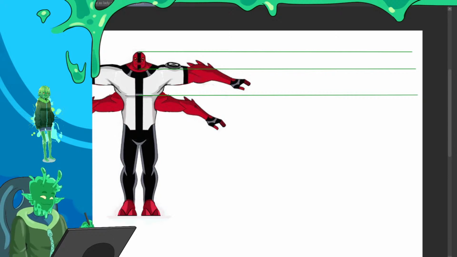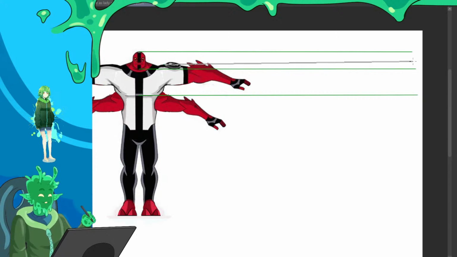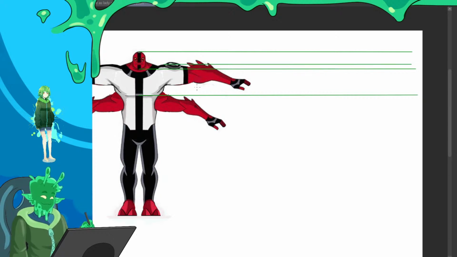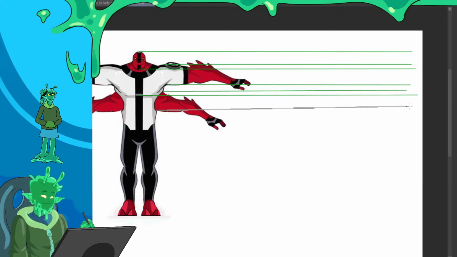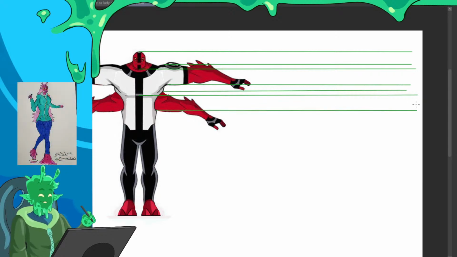So yeah, that's what we're doing. Top of the shoulder, bottom of the bicep, just so I can judge where the shoulder socket should be, because I'm not going to draw the arms on the side view. I never do, because it's not really necessary.